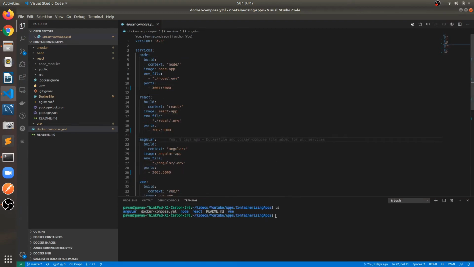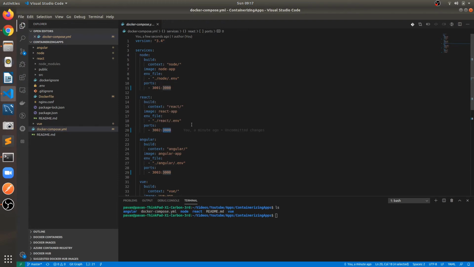Let's go through the one for React. For build, the context I have provided is React/, which means it will pick the Dockerfile from this folder and build the Docker image from it, and the image is the React environment file. I am exposing port 3002, and the internal port is 3000.